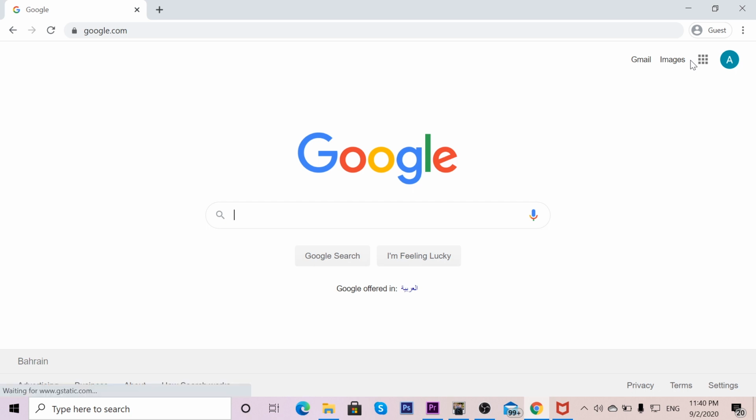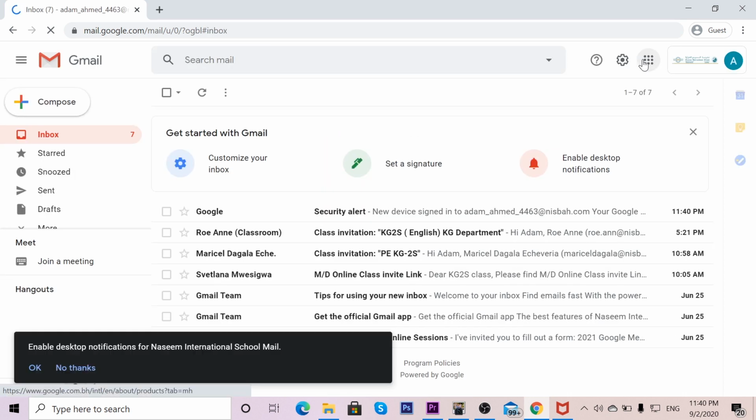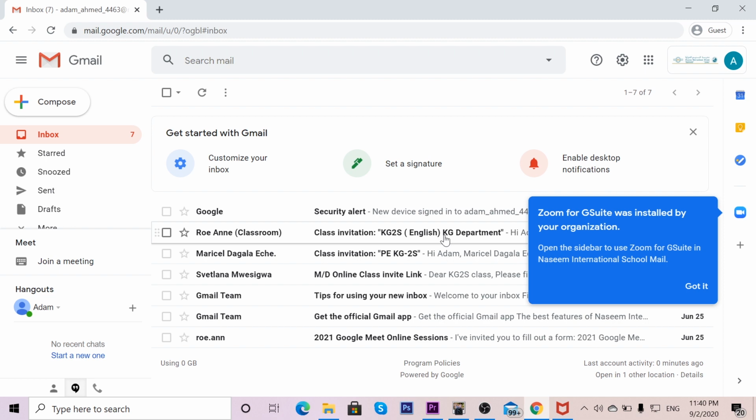You have already signed in to your child's email account. So you just have to click on Gmail right here. Well, most of the teachers have already sent out an invitation. So you just have to click on the class invitation right here